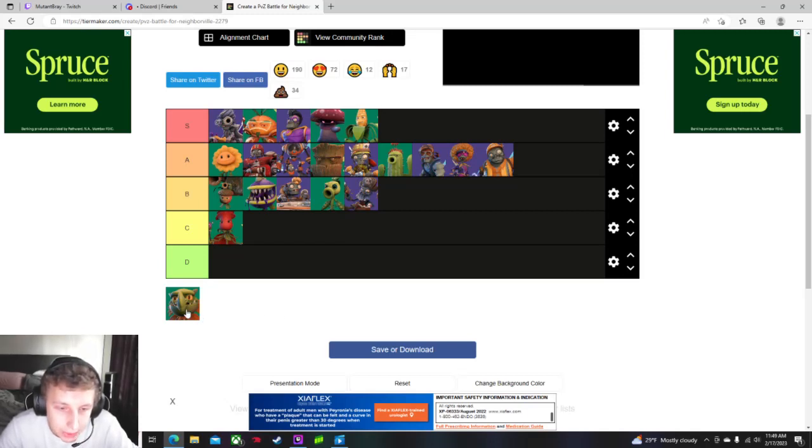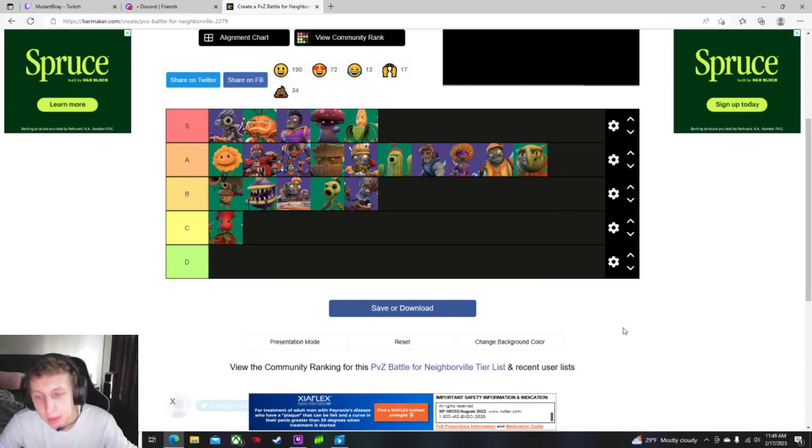Now the dragon. Honestly, I think I have to put the dragon in A as well. I think it can do distance shots. If you get close, you're screwed. Definitely hold down an area. High damage output and abilities, but